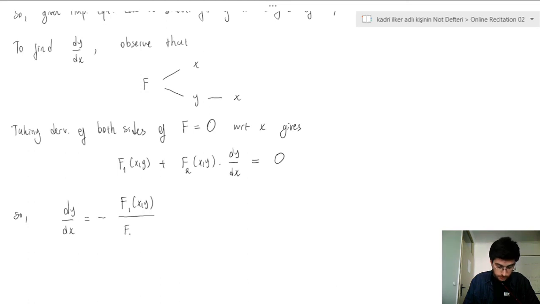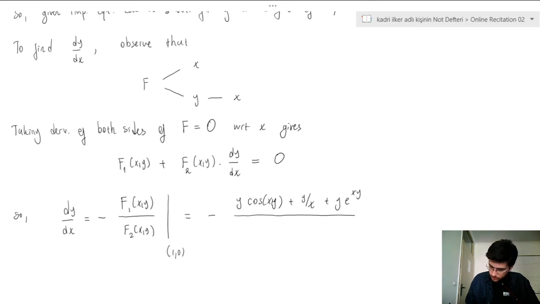You see, there is a theory behind this, so we should be careful. Then we should evaluate that thing. But now this is easy. This is just y cosine xy plus y over x plus y times something like this, and divided by